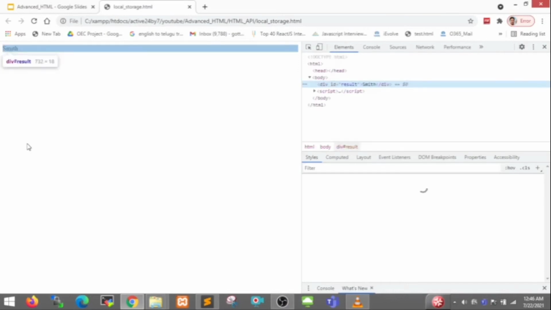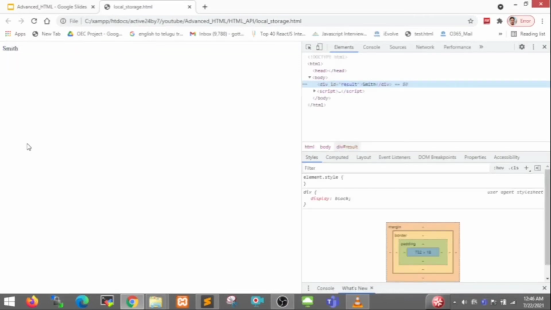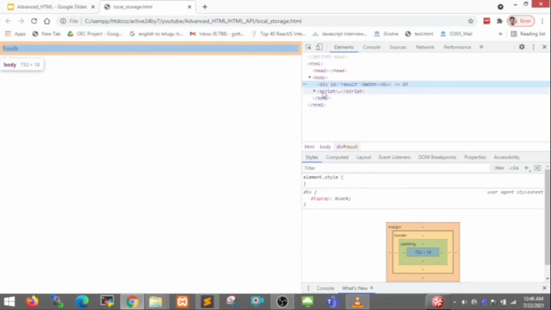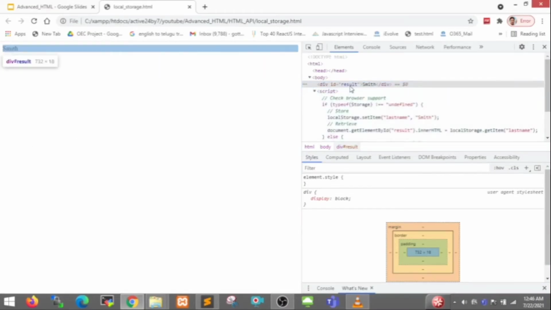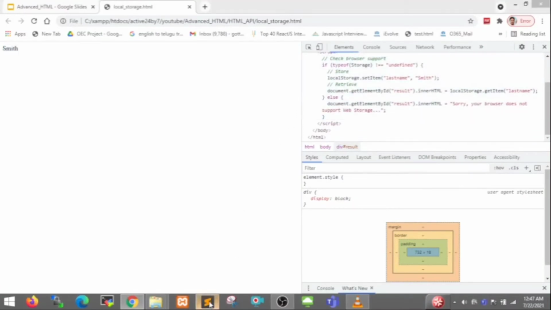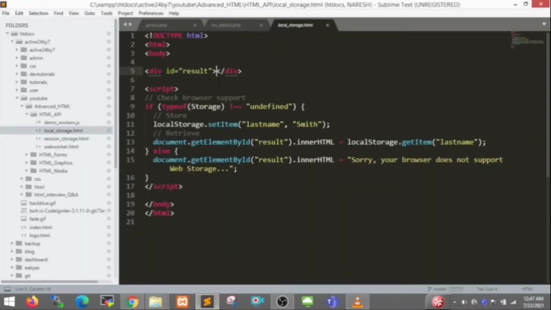First of all, I set the local storage value and I read that local storage value, and that is appended to the div with the result id. This is a div, right? In our local notepad we observe that I didn't write anything here, right? Actually I wrote my name, Naresh, but I get Smith here from JavaScript dynamically.